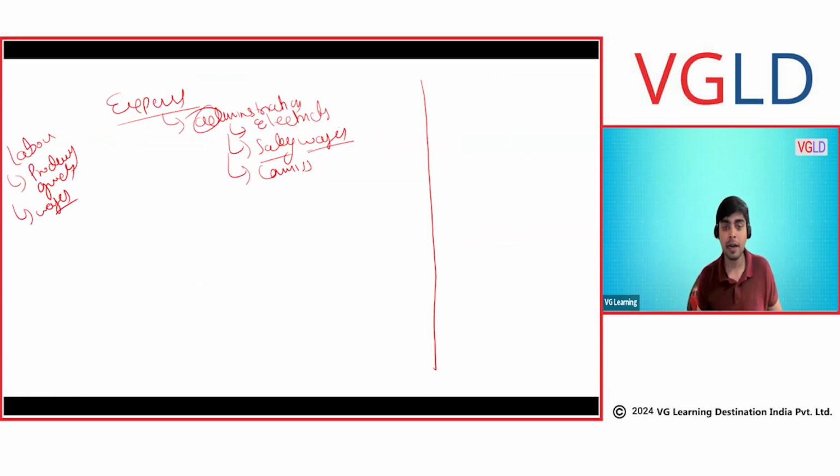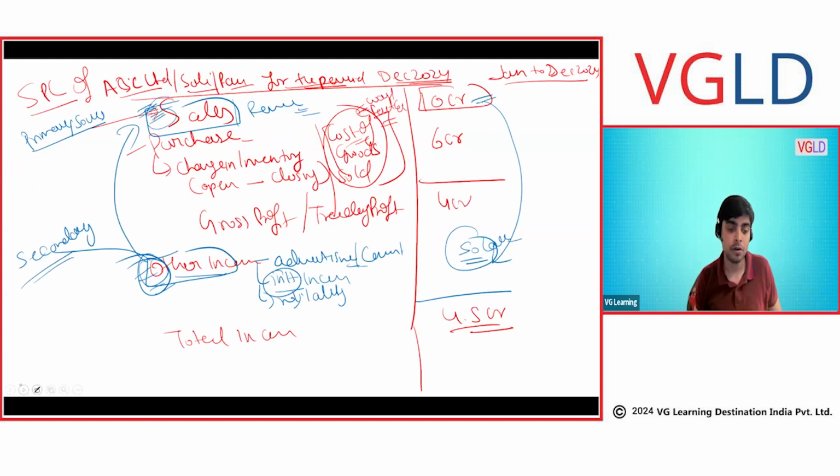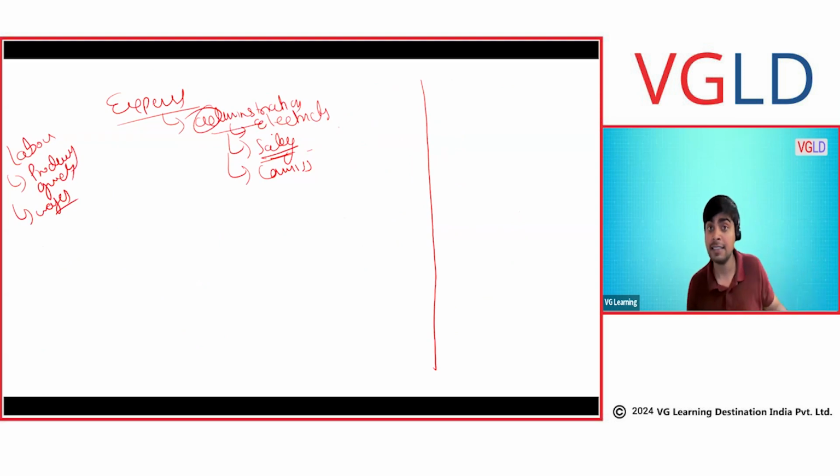Okay. What comes under administration is, let's say we have a head office. To run the head office, we have salary. I should not say wages, I should say only salary, because wages come over here. So let's say we have a finance department, we have an IT department. These are not in production, so these departments incur cost. We are paying salary, we are paying electricity, we are paying rent. Okay.